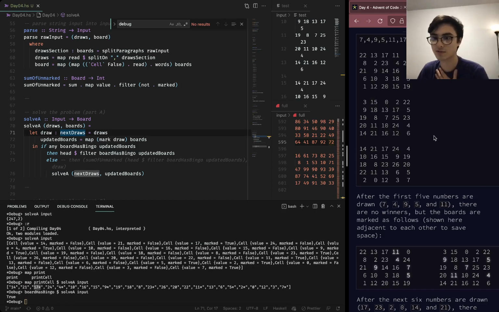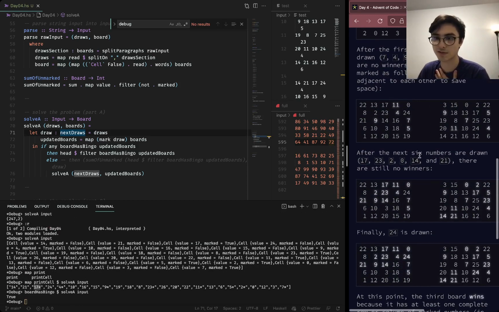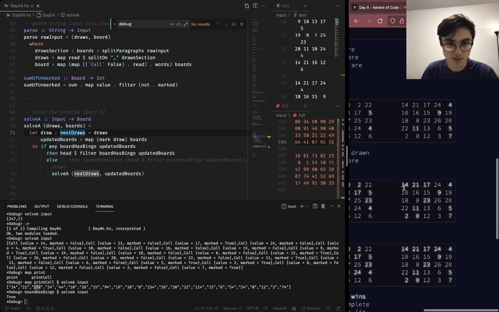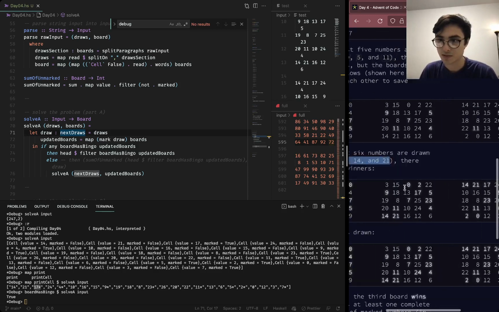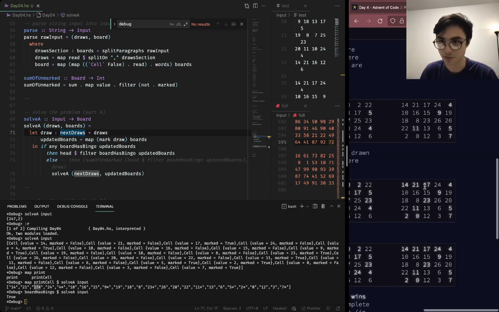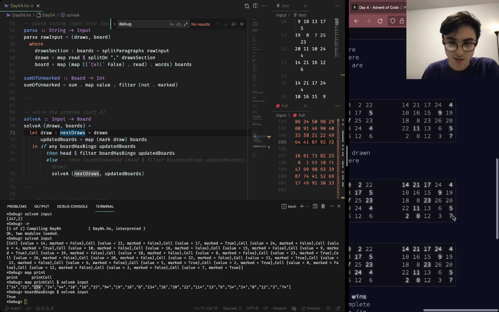So we've marked 7, 4, 9, 5, 11, and 2. So we haven't marked 0, 14, and 21. So let's check with this. We've marked 17, we've marked 4. We haven't marked any until 9, 23, 11, 5, 2, 0. And we haven't marked the 0, 7. Okay, so that's right. So why are we seeing